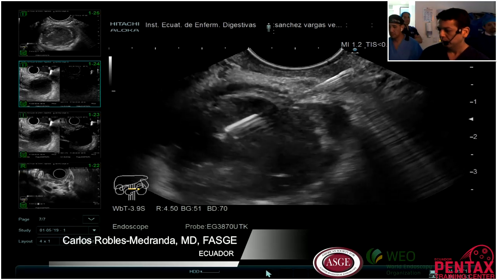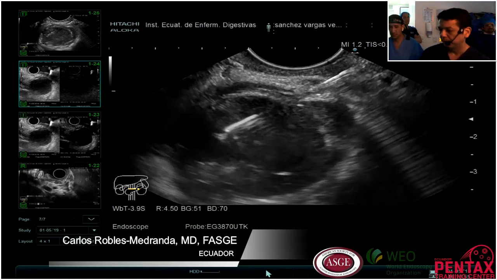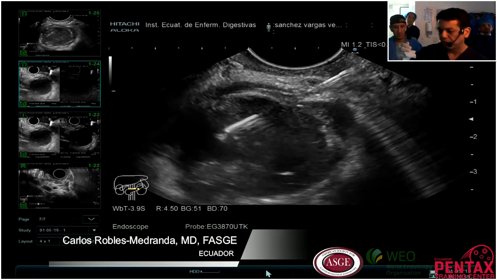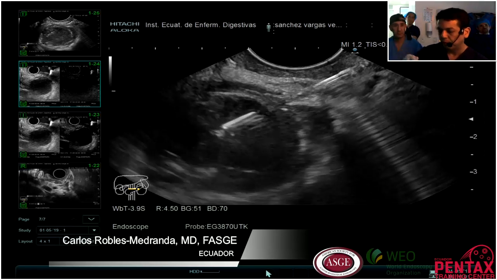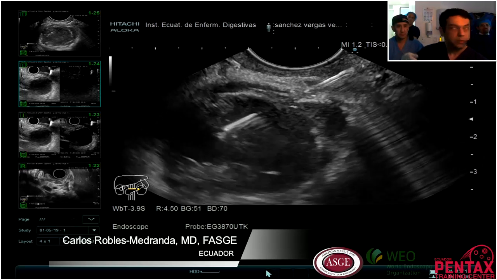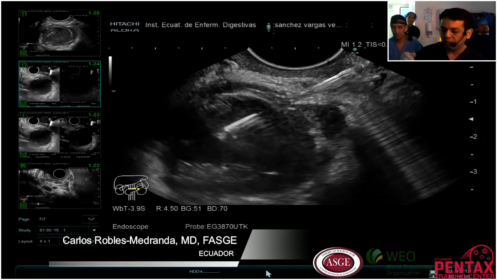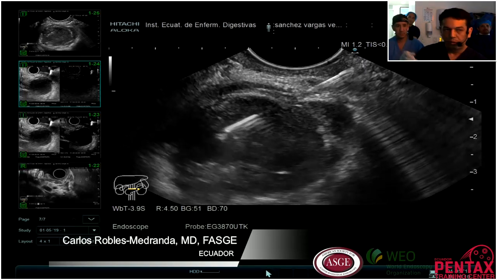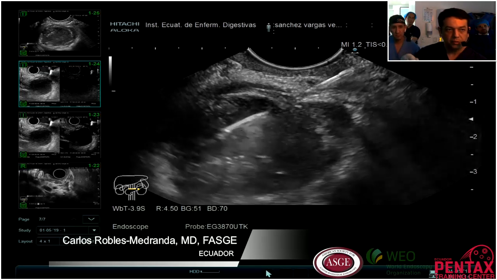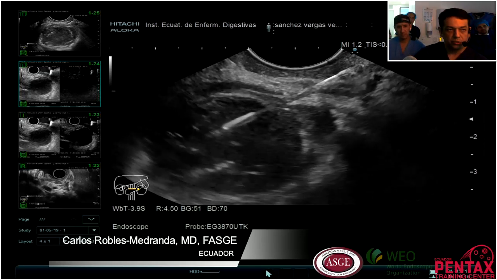When the fluid collection is so small, I prefer to pass a guide wire. The advantage of doing the drainage with the hot access now is that you can avoid using fluoroscopy.